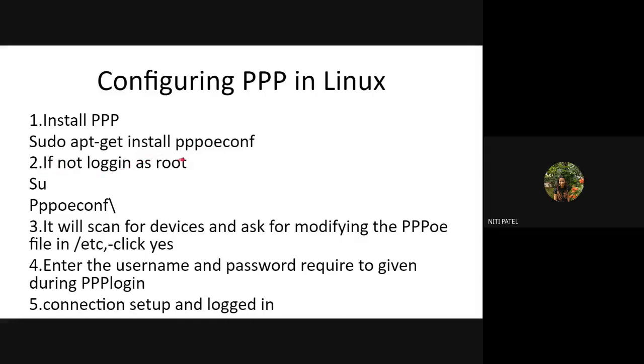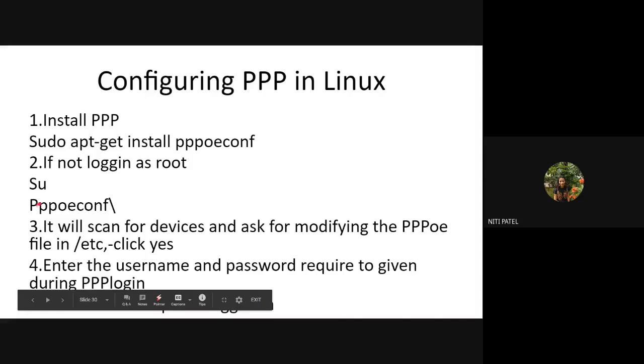After this is installed, it will ask you whether you have logged in as a root user or not. If you have logged in as a root user, it will allow you to continue with the installation. But if you are not a root user, you have to switch user. Switching user means you take the password of root, or root can make you a super user. Root can make you a super user means root can give you the rights of admin, and then it will allow you to install this. So if you know the password of root, directly give the password and continue with the installation. If not, switch user, take rights from the admin user and start the installation.